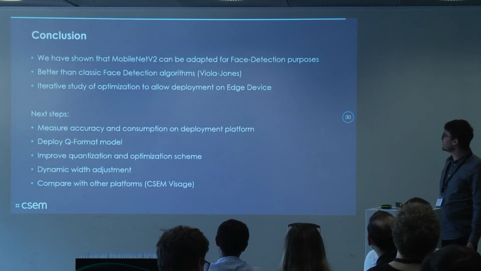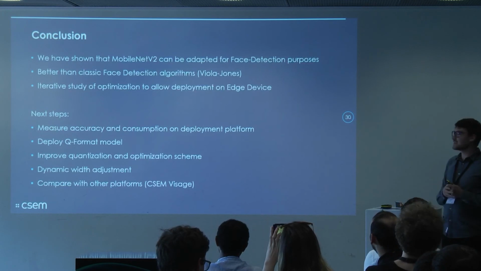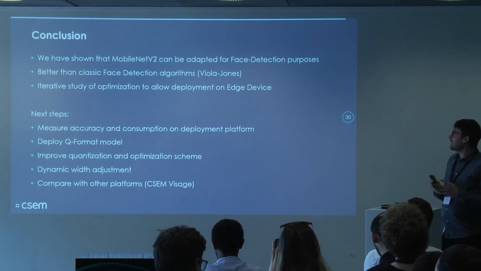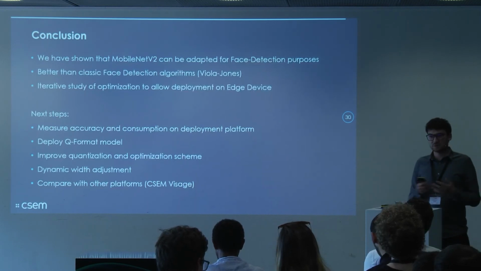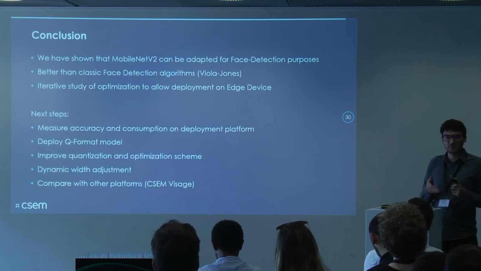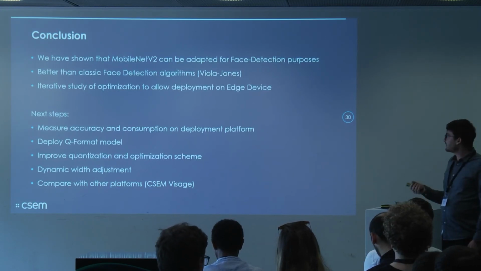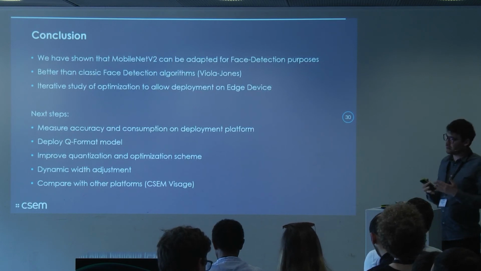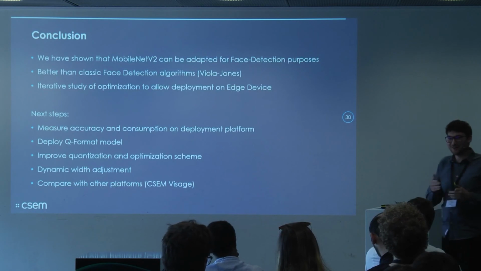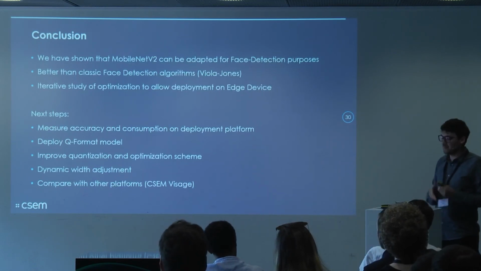So in conclusion, we have shown that the MobileNet-V2 can be adapted for a face detection purpose, and that it's better than classic face detection like the Viola-Jones that can run in some of the devices today. So using this accelerator for deep learning is quite a good advantage. We performed an iterative study of optimization to allow the deployment on the edge device. So it's quite a long work and a lot of effort still to optimize these models to make them compatible